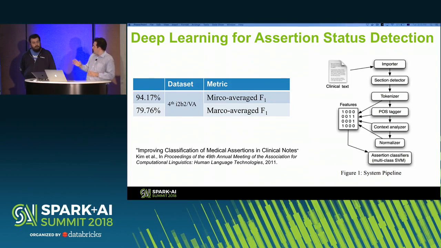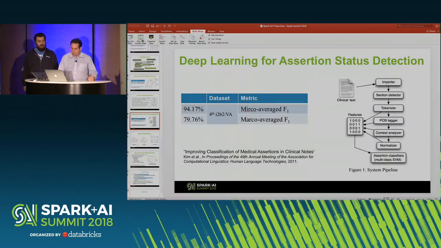Okay, so obviously the models are licensed, but you're free to train your own, and that's all free. The code and the graph itself comes with the open source library itself. So you're welcome to do that. And it definitely gives you state-of-the-art results in terms of how accurate this gets, and how accurately we can really understand those contexts correctly. So now Alex will walk through that code piece that shows you how you use the deep learning-based assertion status detection,